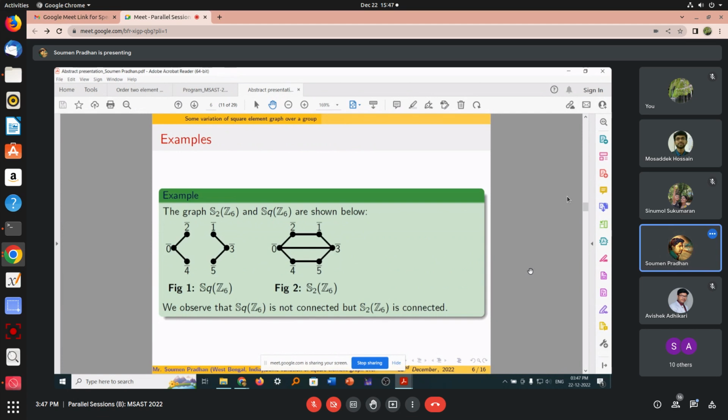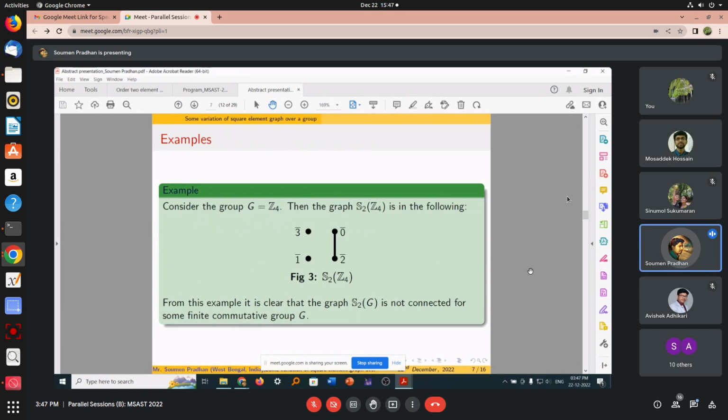Now from the given example, if we take the group G equals Z6, then it is clearly seen that SQ(Z6) is not connected, whereas S2(Z6) is connected. And the next example shows that if we take the group